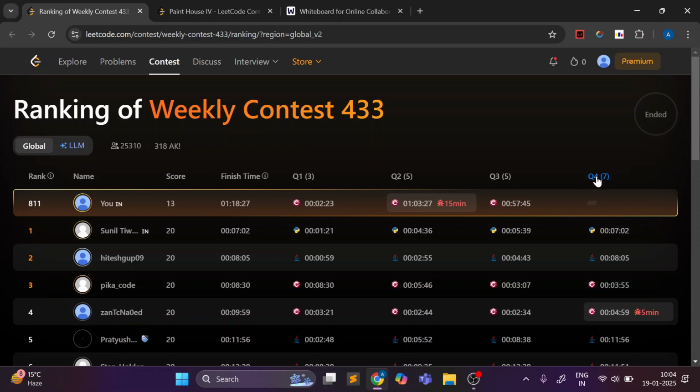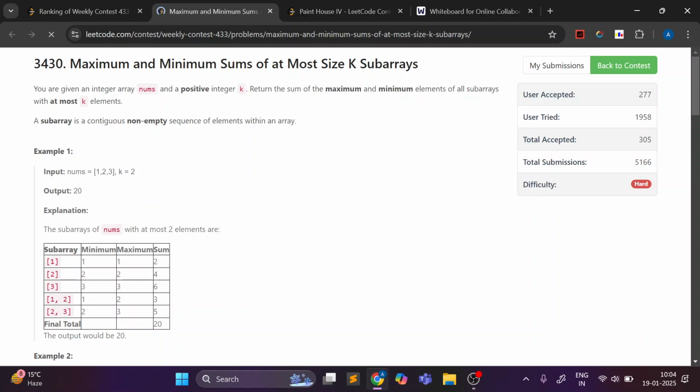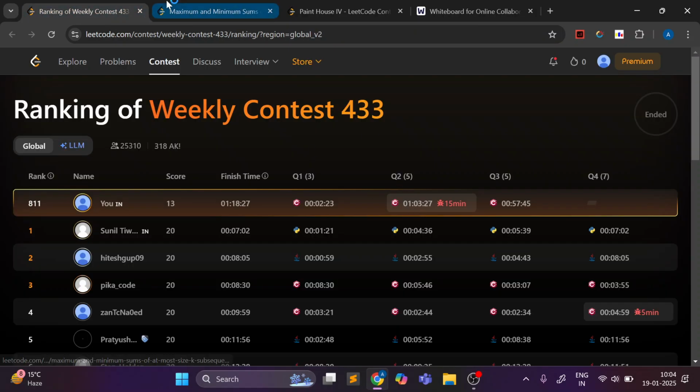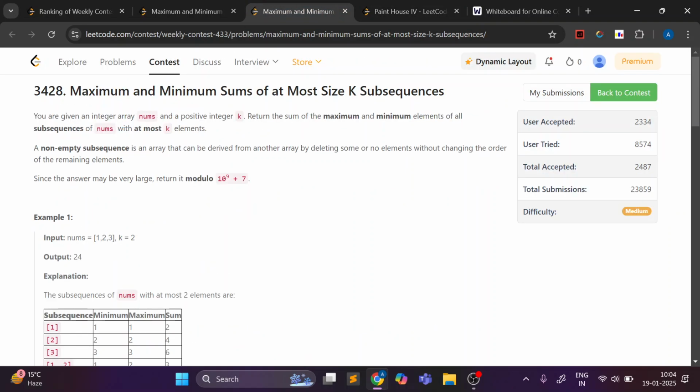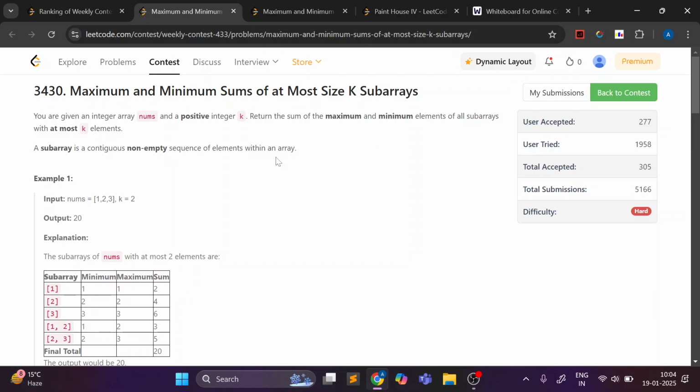Now moving to the fourth problem. This is also pretty doable. In this case, it is just like the second part of the second question. In that question, what we were asked was a subsequence. Now, in the fourth question, what we are asked is a subarray. Now, same as before, if we try to find the contribution of an element, what we need is the number of possible subarrays. Now, to find the number of possible subarrays, we can use